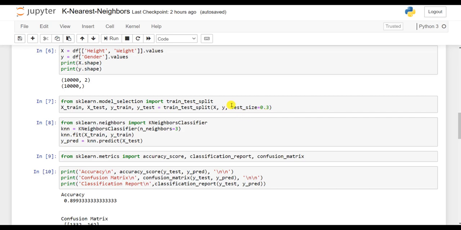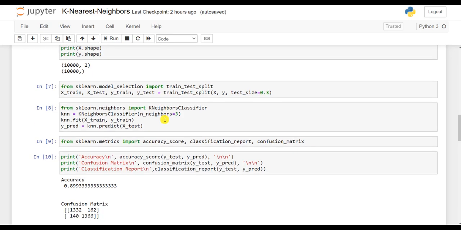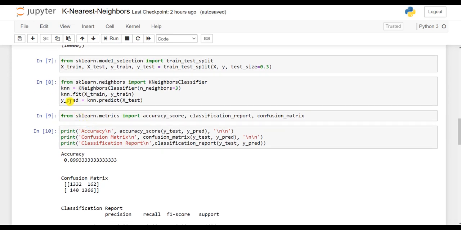With that data we can actually test how our model has performed, and the important part is here. So I've imported a KNeighborsClassifier from the sklearn.neighbors module, and initially the number of neighbors that I give here is 3, and I use the knn.fit function, and inside this fit function I'm passing the x train and y train. And once the model is fitted, I'm going to predict using knn.predict, and inside the predict I'm going to give the x test variables. Once that is given, it predicts all the values, and I save that into ypred. And with the ypred, I'm going to compare this ypred with the y test to see how the model has performed.